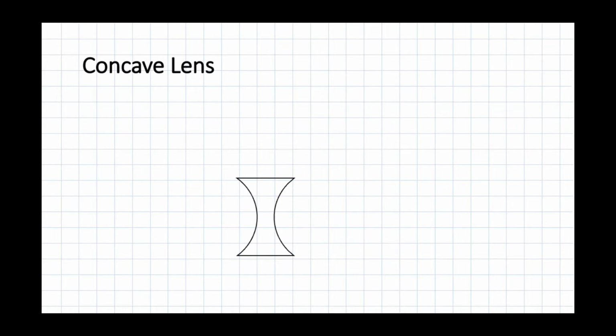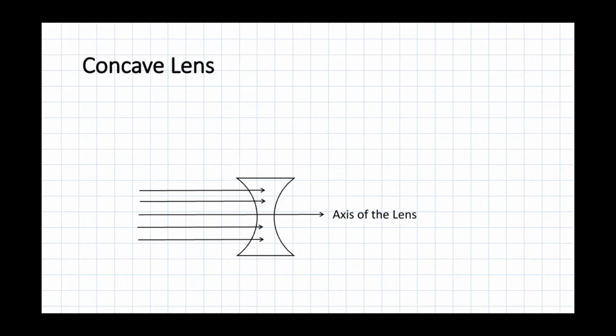So here in the case of a concave lens, instead of converging, the rays are actually diverging. Let us see how it works. The parallel rays, when incident on the concave lens, diverge, and finally all those diverging rays seem to appear from a particular point, and that is called the focal point of the lens.